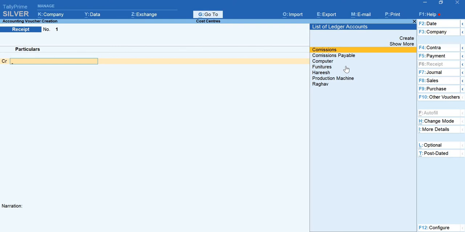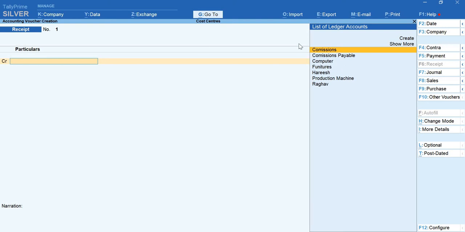Now Raghav is investing rupees 8 lakhs into my business. He's investing that in the form of cash. The money is coming in. So I have to create ledgers of Raghav and cash. Cash is already there, we need not create it. And I have created Raghav's account. For Raghav I have to apply personal rule and cash is a real rule. So personal rule: debit the receiver, credit the giver. So Raghav has to be credited.